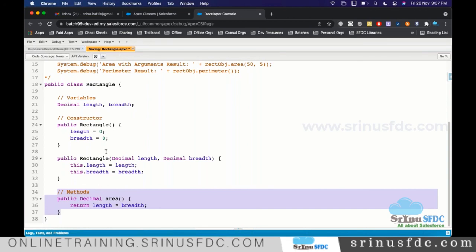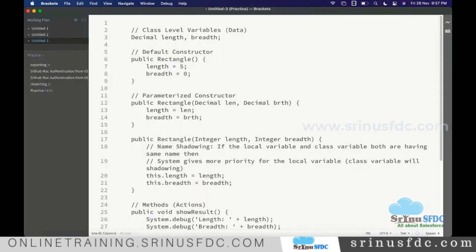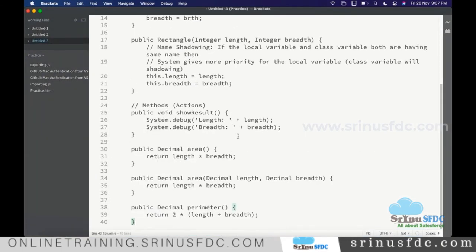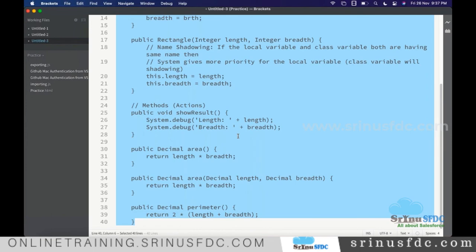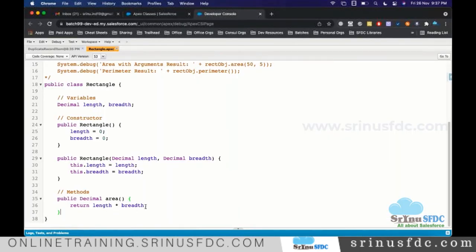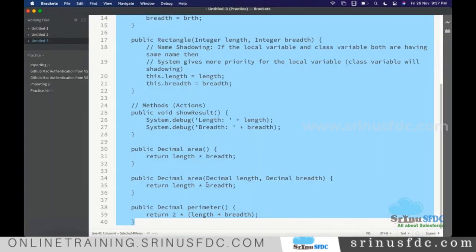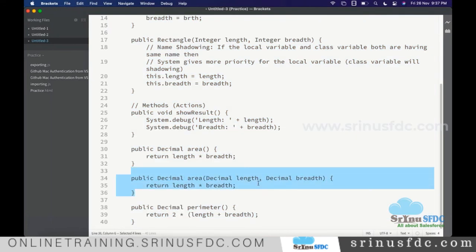All that we are thinking, we are just assuming this is what will happen and we are planning. In the same way, for the other things you are seeing here, we have defined all of them. Like area, we also defined perimeter, and also area with some parameters.